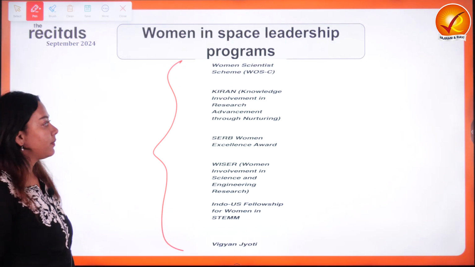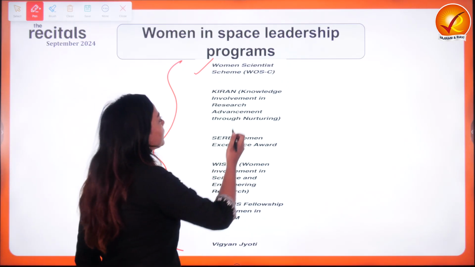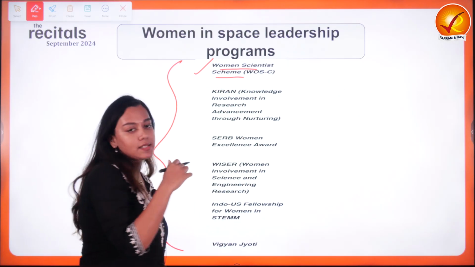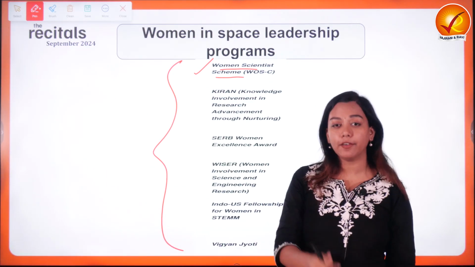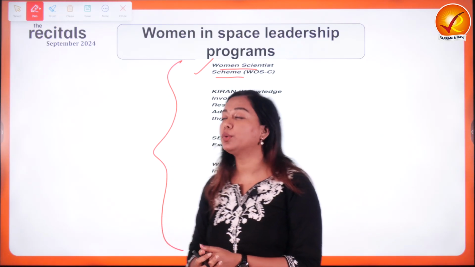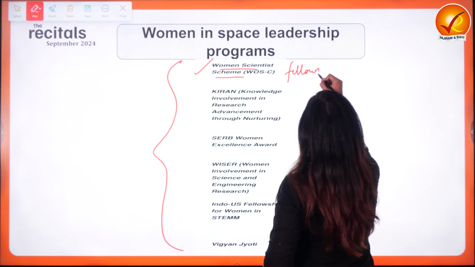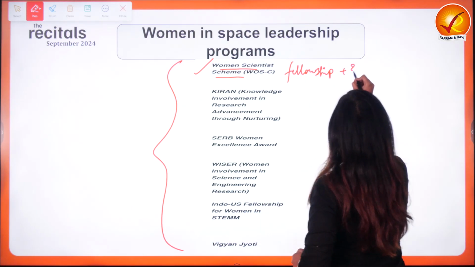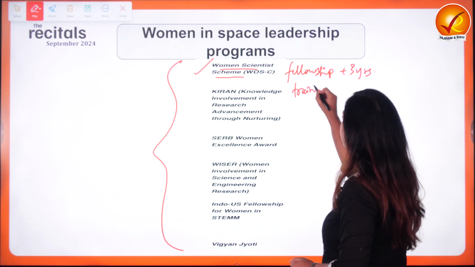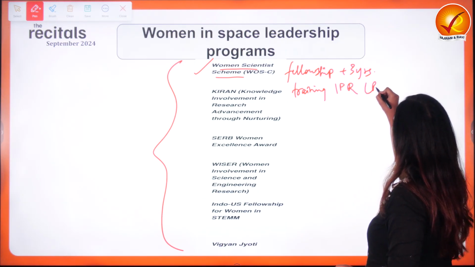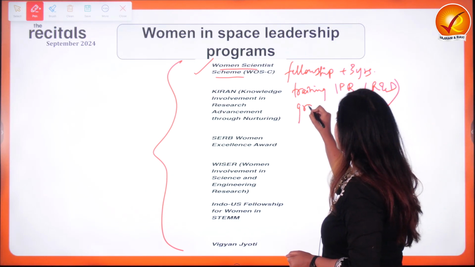How are they enabling them? The first program is led by the Department of Science and Technology. It is a very encompassing scheme. This is the Women Scientist Scheme. It does a multitude of works. First of all, to bring in women who have got some experience in STEM but took a break from it due to family duties, they will be able to get a fellowship for up to 3 years, along with network building, government support, and training, especially training in the field of IPR, how to secure their IPR, especially if they're working in the R&D sector, and providing them grants.